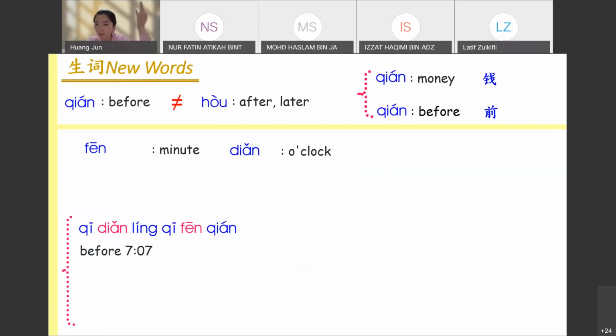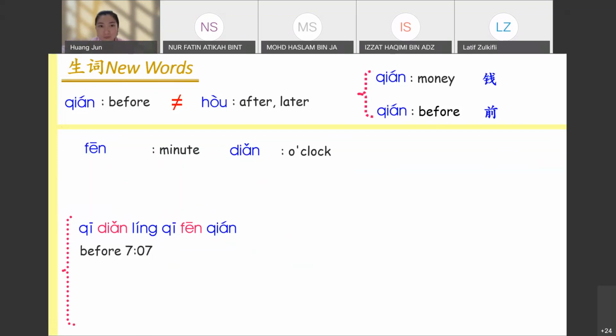Cannot put 前 in front of the time. In English, it's before 5 o'clock, before 10 o'clock. But in Mandarin, you have to put the before word at the end. So this one, Mandarin and English are different. Make sure you remember clearly. Cannot say 前5点, before 5 o'clock. Cannot directly translate. You must remember to put 前 after the time. So we say 5点前, before 5 o'clock.